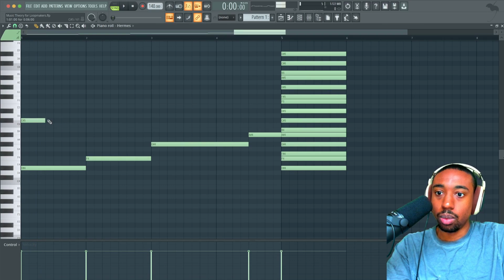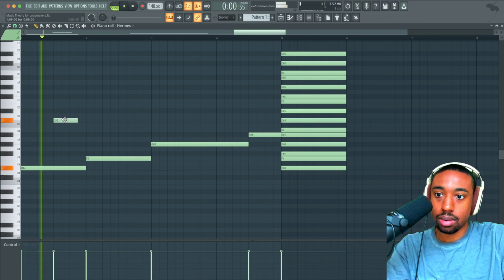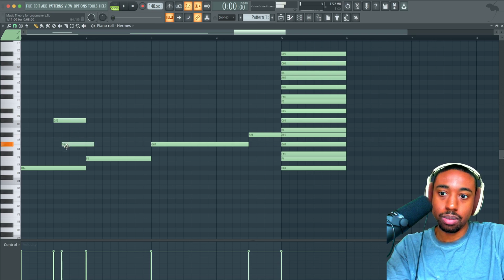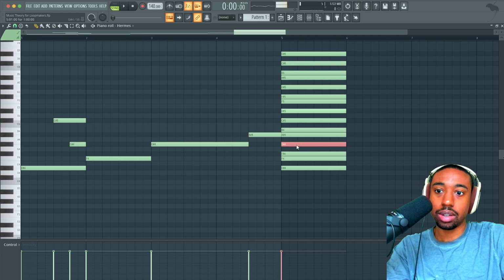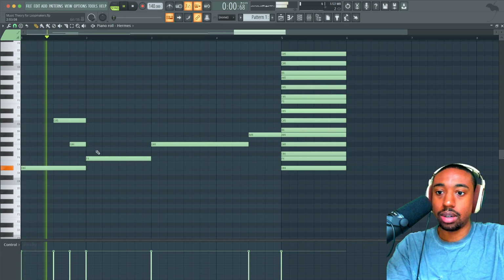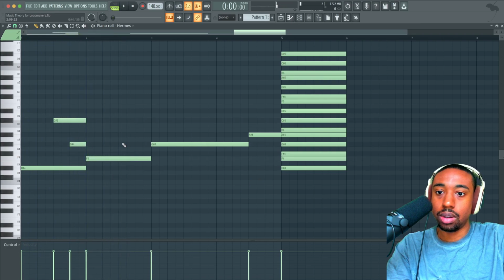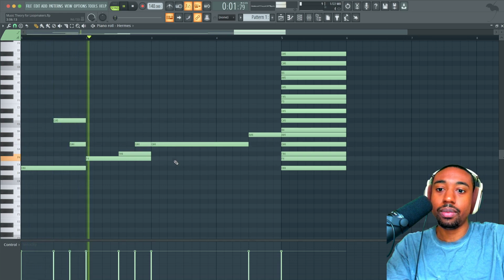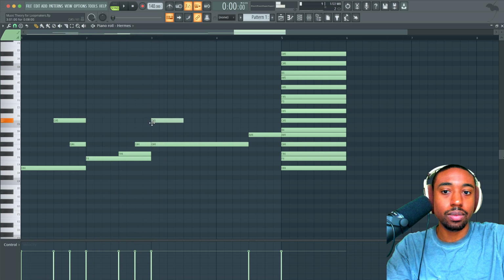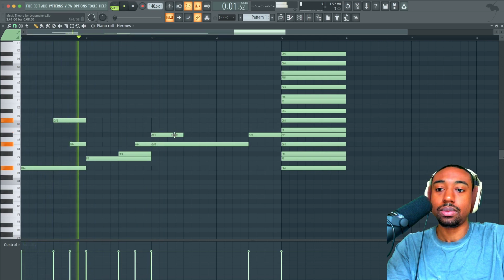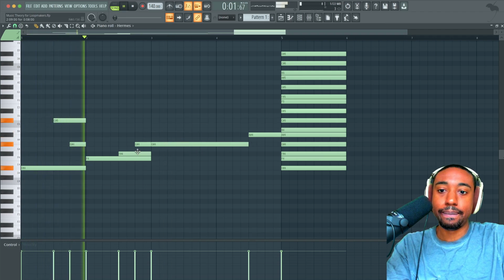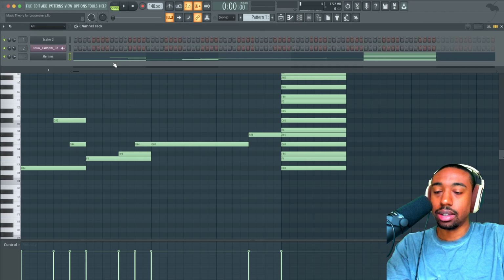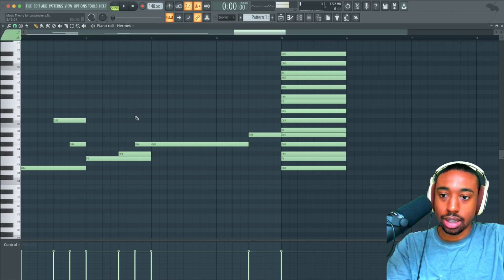So now I know what notes to add, or potential notes to add. Boom. And as long as they're in this scale, we'll be fine. Now it's a little cloudy because we're overtaking the melody, but hopefully you get the concept.